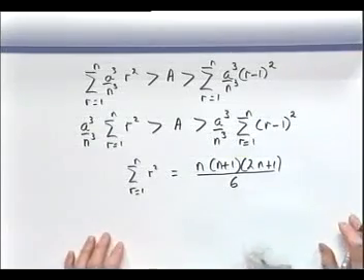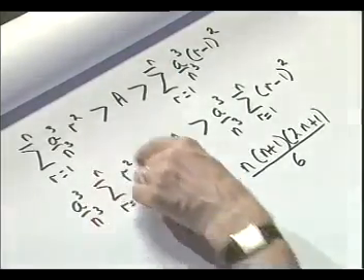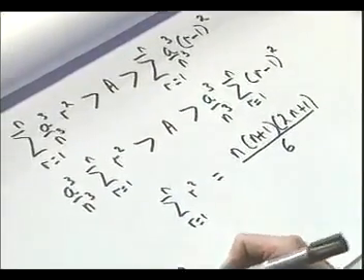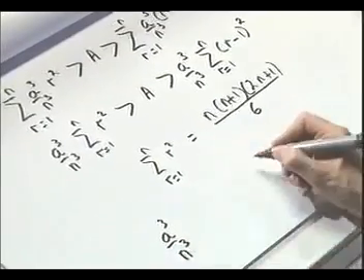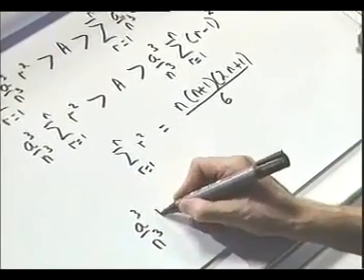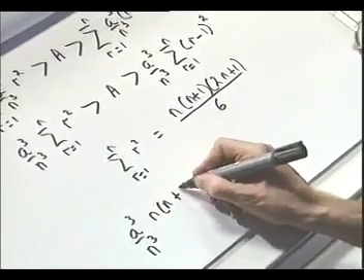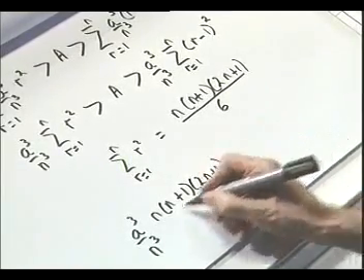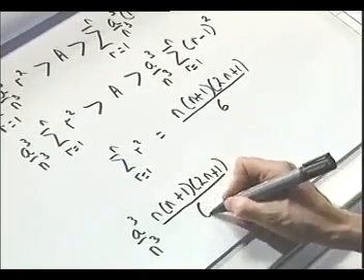Looks a bit complicated, but that's what it is, and in fact it's quite easy to work with. So let's put that in here instead. So we get a cubed over n cubed times by n times by n plus 1 times by 2n plus 1 all over 6